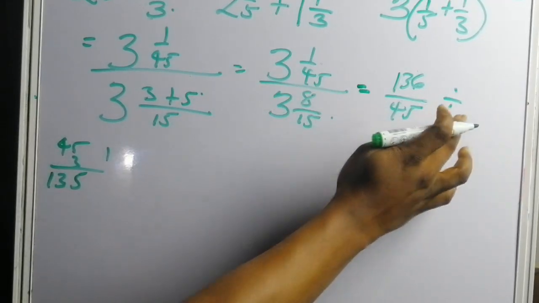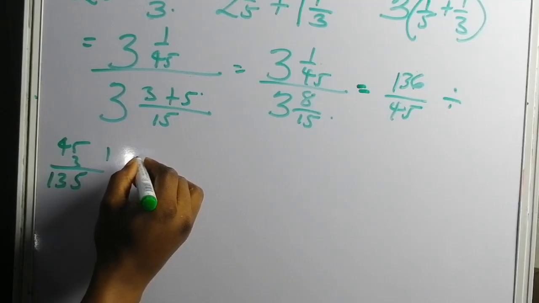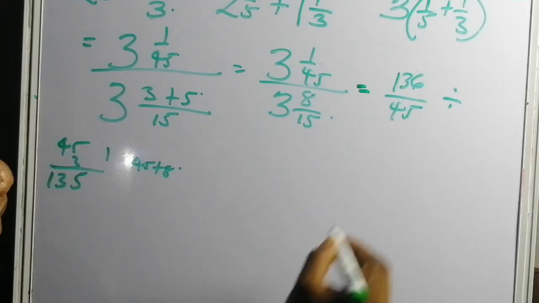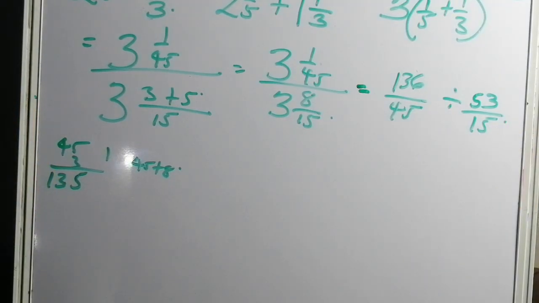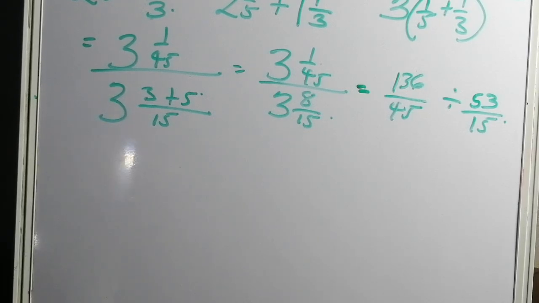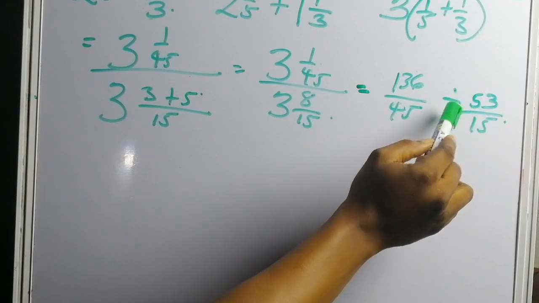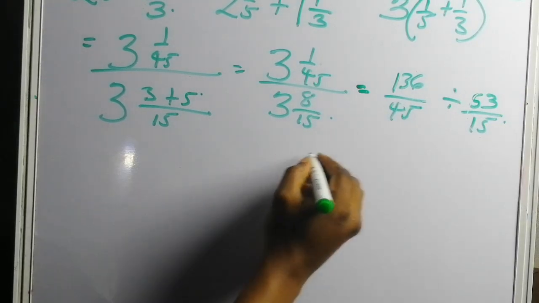Divided by this. The long division, I change it to short division. So 15 times 3, that's what? 45. 45 plus what? Plus 8. Okay, 45 plus 8, that's what? 53. That's 53 over 15. So what do we now do? We can now change our division to multiplication. Numerator, anything on the right hand side, the owner of this division is this 53 over 15. So the numerator will come down and the denominator will go up. That implies